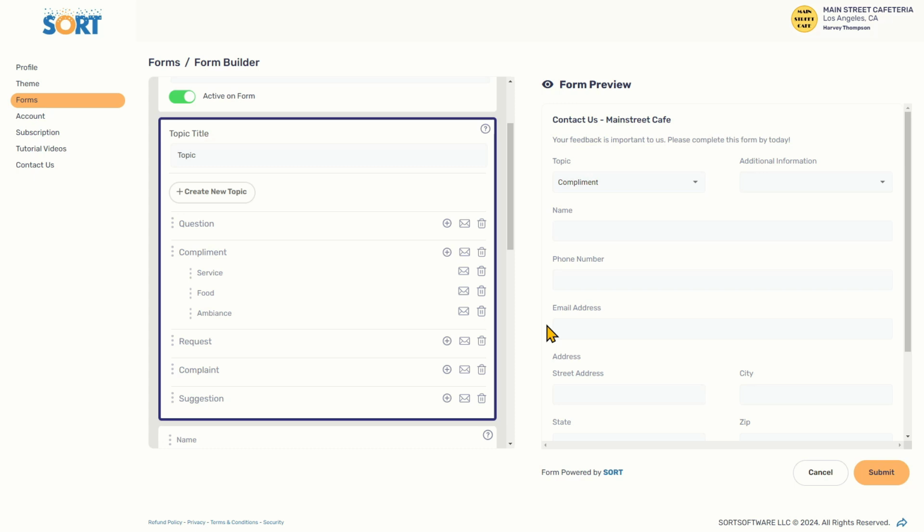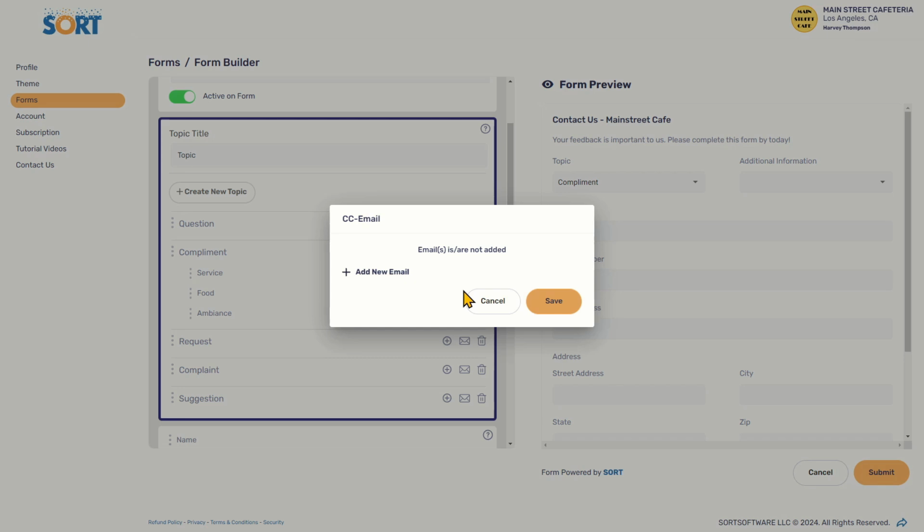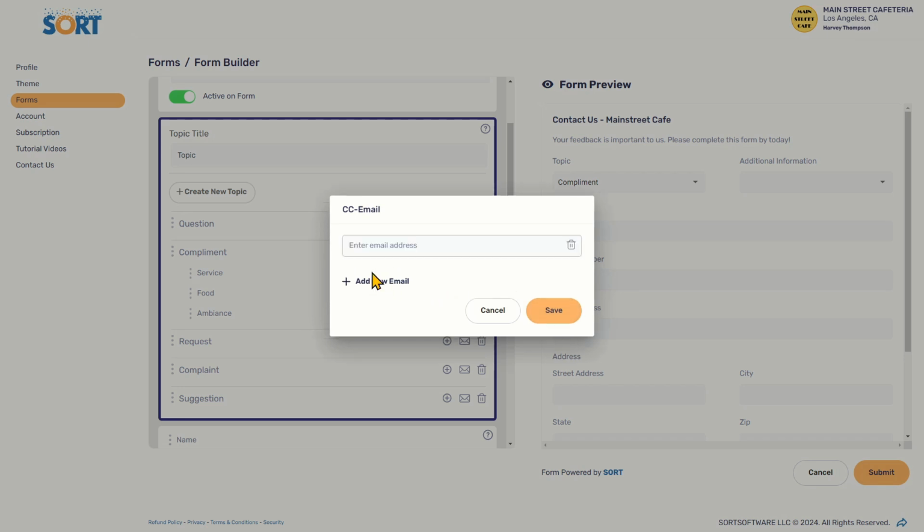Let's now learn how to set up an email alert for something more specific, a subtopic. In our case, we would love to share a compliment with our head chef. However, we want to limit the compliments only to what she is associated with, in this case, food. We can add her email address, but this time just to the subtopic of food, using the same procedure, clicking on the email icon on the subtopic line of food, then add her email